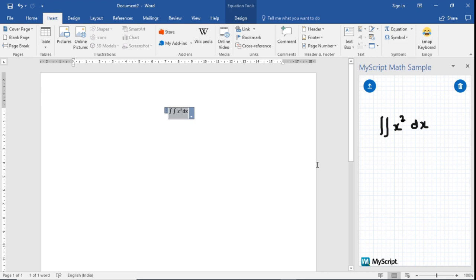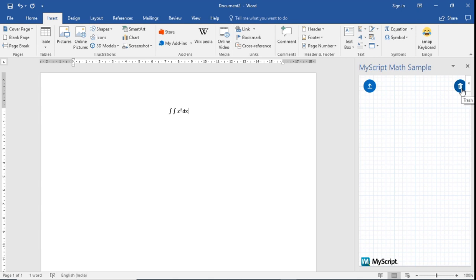And we can see that the particular equation has been inserted into your Word document. If you want to delete this, you can click on this trash and it gets deleted. On the next line, I want to insert some other equation. Let me click on Enter. I want to enter alpha square plus beta square.